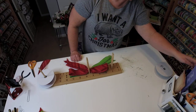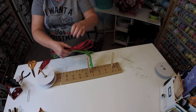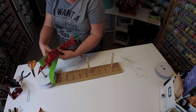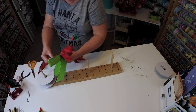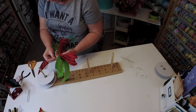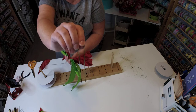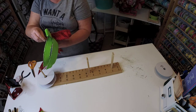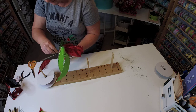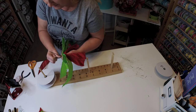Get a zip tie. Pull it up out of my bow maker carefully. Put my zip tie around it, while I'm giving it plenty of pressure so I don't lose my bow. Start the zip tie. But don't zip it all the way down because you got to get your pin in there. I just showed the pin to my phone, but you guys aren't on my phone, you're on my camera. Now that you got your homemade floral pin in there, zip it down tight